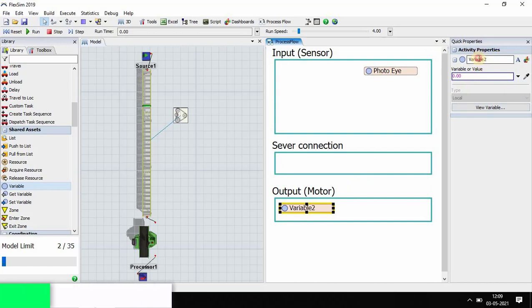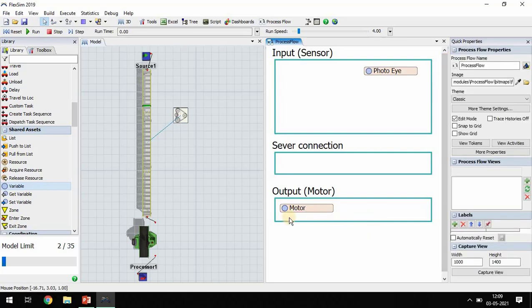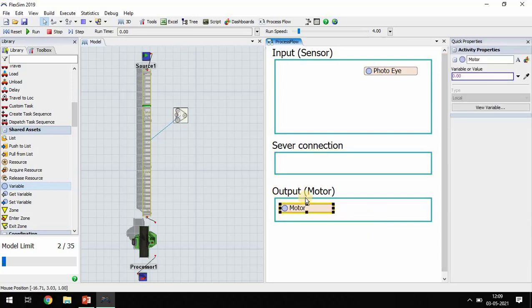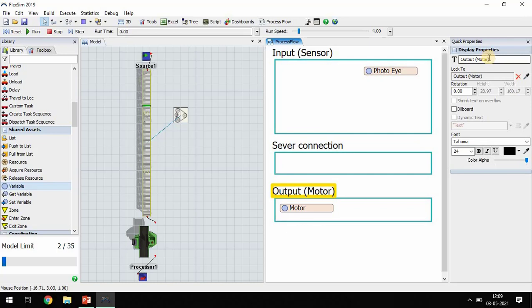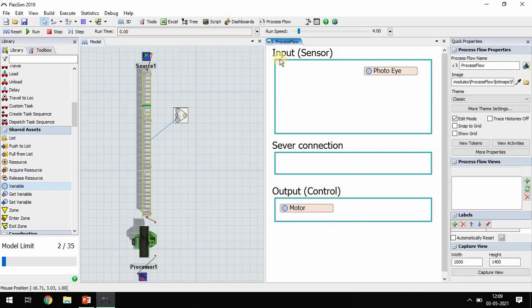Then the second, the output, is named motor. This motor actually controls this conveyor. So input sensor is the photo eye, and output control is with the help of the motor.